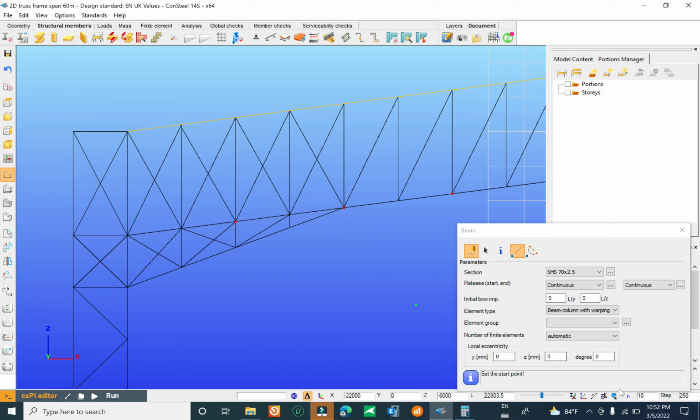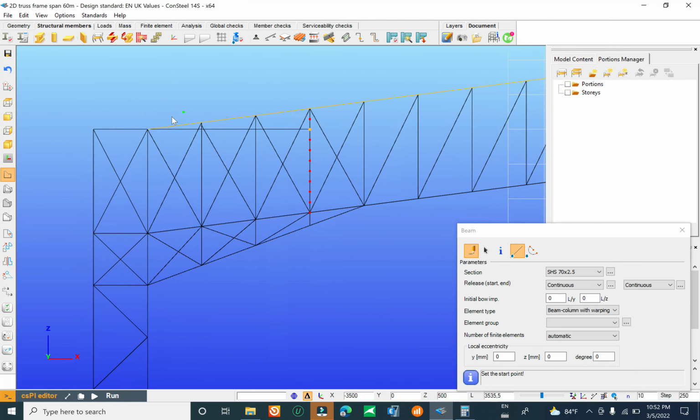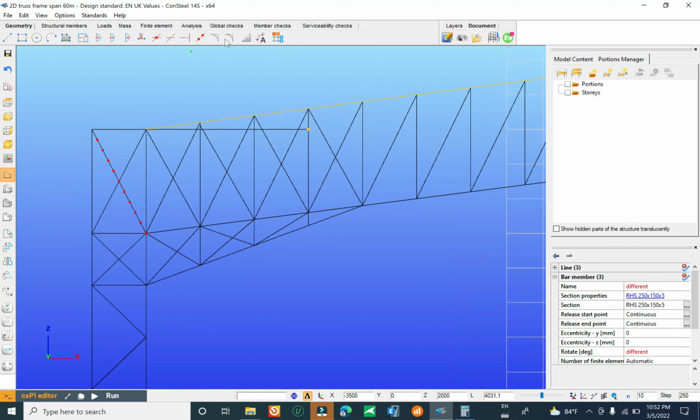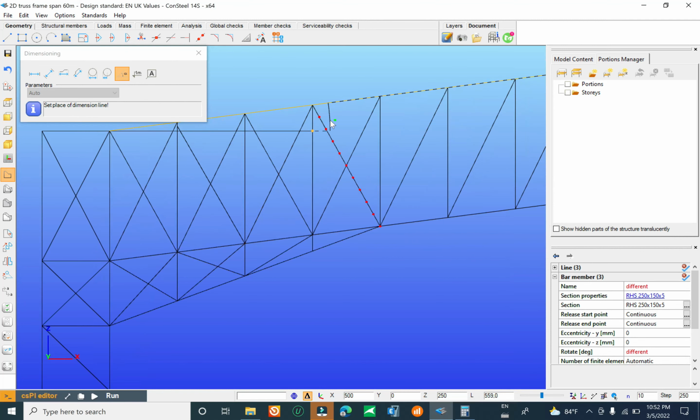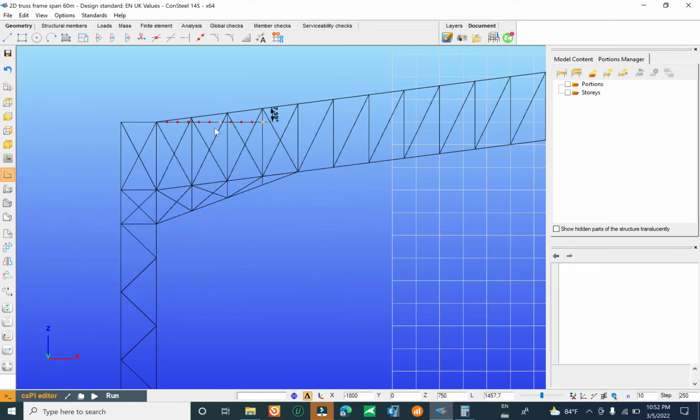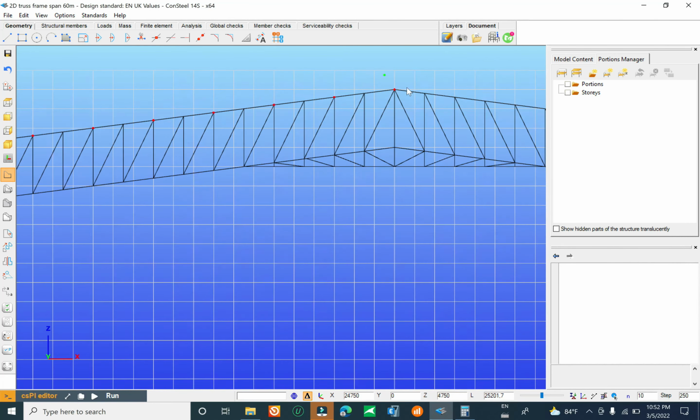We have to draw the member to here, and you select on the measure the angle, click this element and click this element and check it. 9 plus 7.59 is correct. Okay, now we select on it again